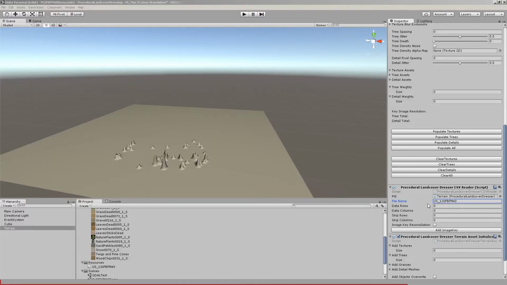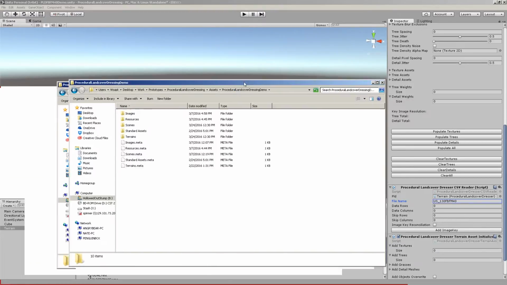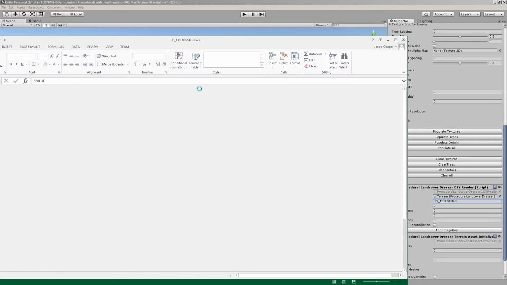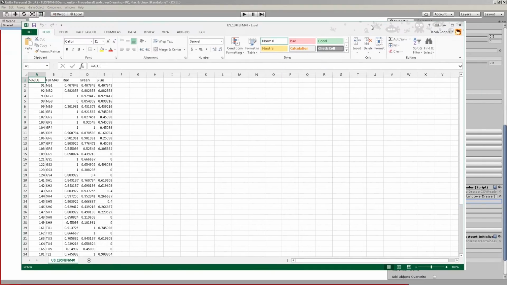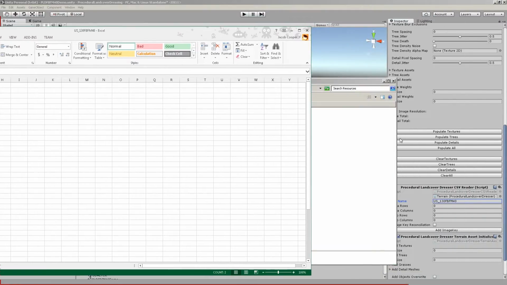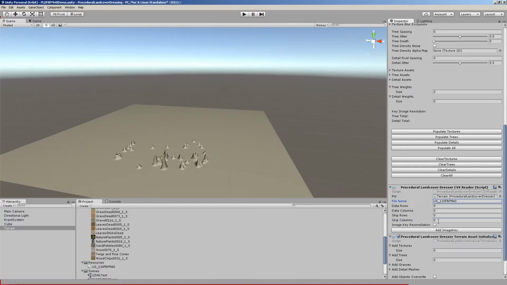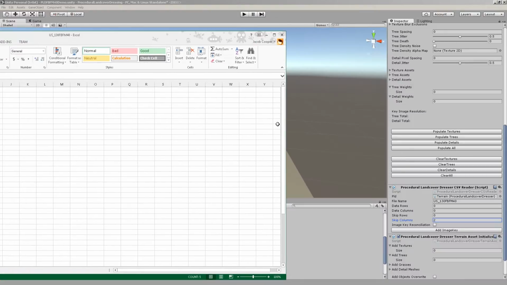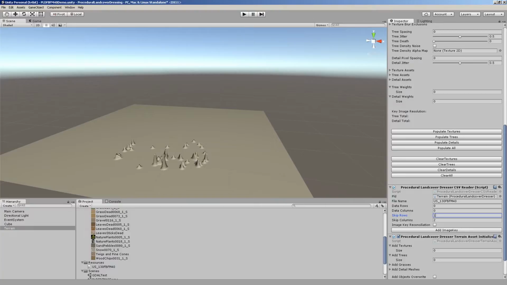Right. So now I need to tell it how the information is formatted. I'm actually hunting down where my file is real quick, so I can take a quick look. So I want to skip the first two columns. So in here where it says skip columns, I'm going to say skip 2 columns. I want to skip the top row because it has just the titles of things in it. So I'm going to skip 1 row. There are 2 columns of data,